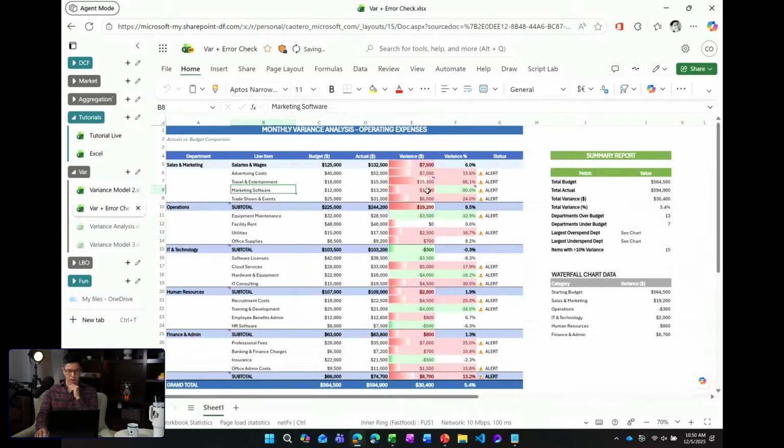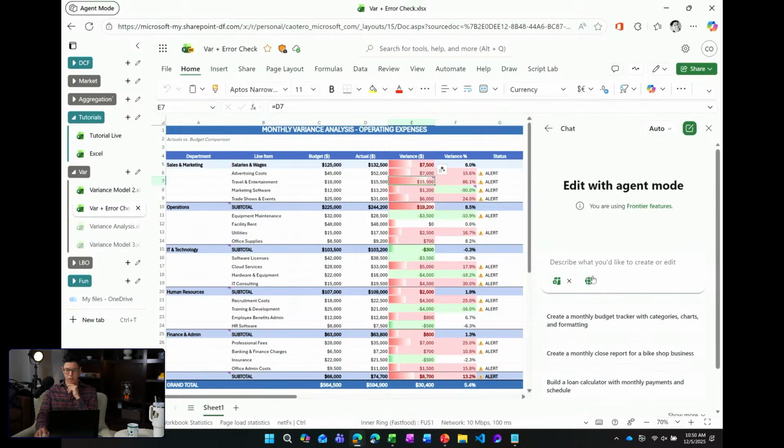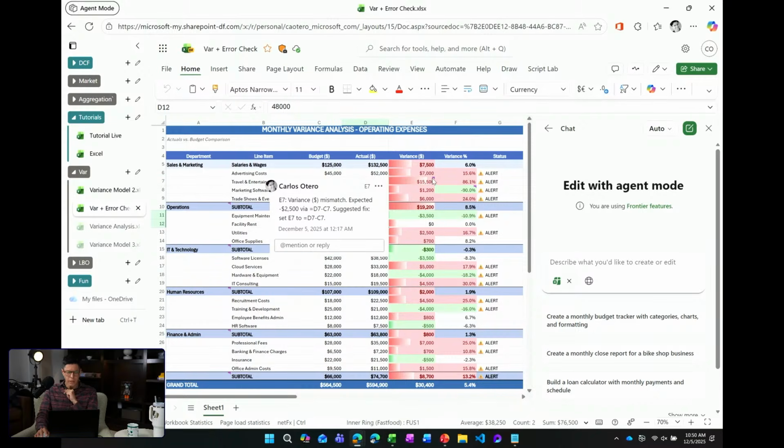Here's another one that I love as well. Actually, let me see, no, I lost the chat history in this one. But in this one, I asked it, on that same workbook, to go through this variance workbook, where I had seeded some formula errors. I asked it to put a comment wherever it finds a discrepancy or a formula error. Don't fix it yet. I want to review it and see if it's legit. And it did that, and it added this comment.